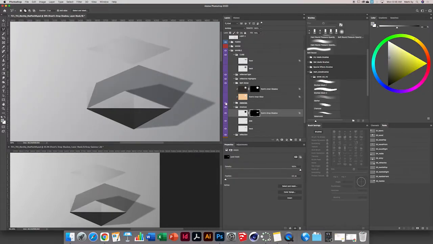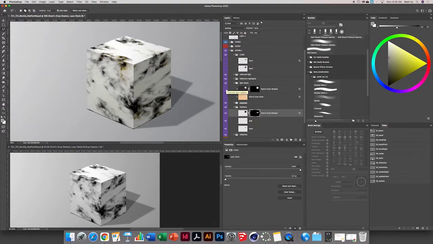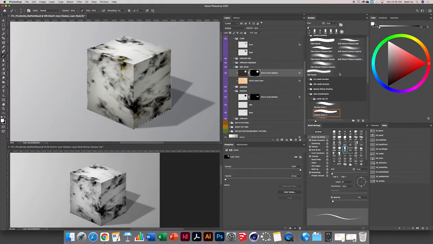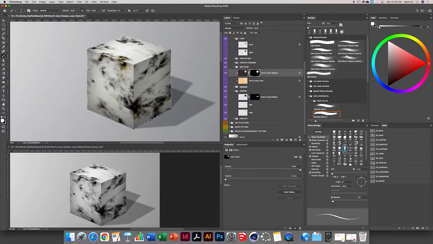Okay. When I bring back my materials and I bring back my inner shadow, it should just be occlusion along the whole contour of this object. The thing is though, I don't want occlusion all around the object. I only want occlusion on the bottom of the object. So I'm going to have to go into this mask with a black brush, a soft round brush, a soft round pressure opacity brush, something with some sort of shape dynamics, set to black,